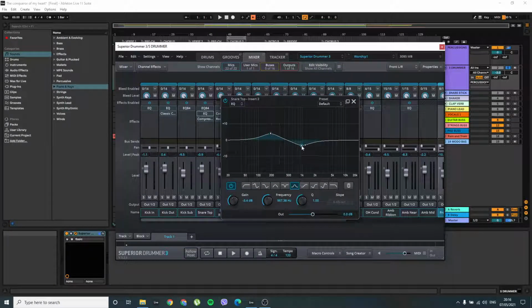And here I've again boosted the mid frequencies, and I'm removing some of the clarity because I want my snare to be more full and a bit more dull, just a bit. So I've turned down a bit